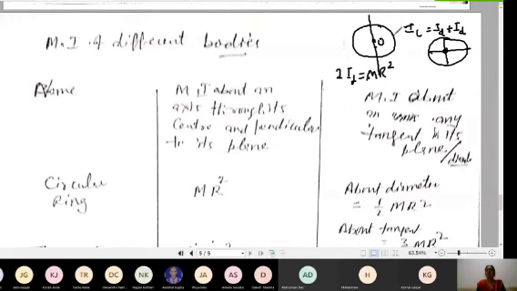But if I want to find it about an axis which is tangent to this ring, meaning parallel to this z-axis, then this distance is equal to the radius of the ring only. Then you will be using the parallel axis theorem. So I about the tangent equals I about the center of mass plus md square, using the parallel axis theorem. And this d equals r. So you will get mr square.